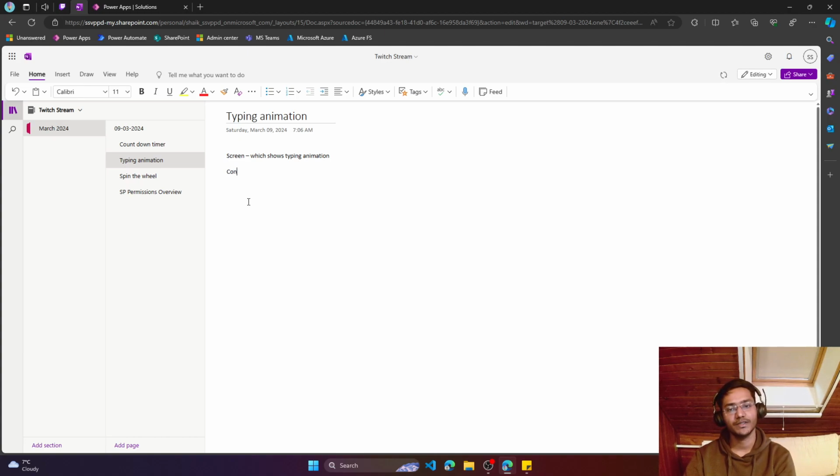Okay, and what else do we need? So for configuration, it's going to be text or an array of text that needs to be shown in typing animations on a rotation basis. So for this we'll probably be storing this in a collection, and